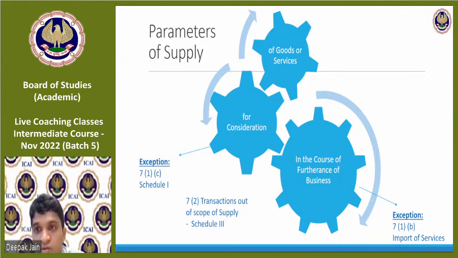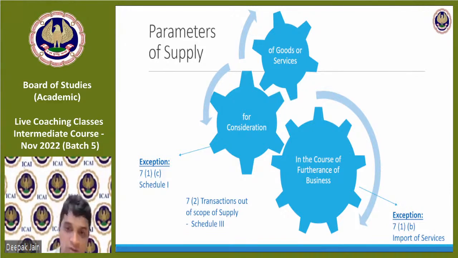There are valuation rules under GST, which are not relevant for your portions at this level, but that valuation has to be done only in specific instances, such as when I sell supplies to related parties. Then I have to go for market value, not otherwise. So if I sell a product whose market value is 2,000 for 1,000, still 1,000 rupees is the consideration. I have to pay GST on the 1,000 rupees. Clear?